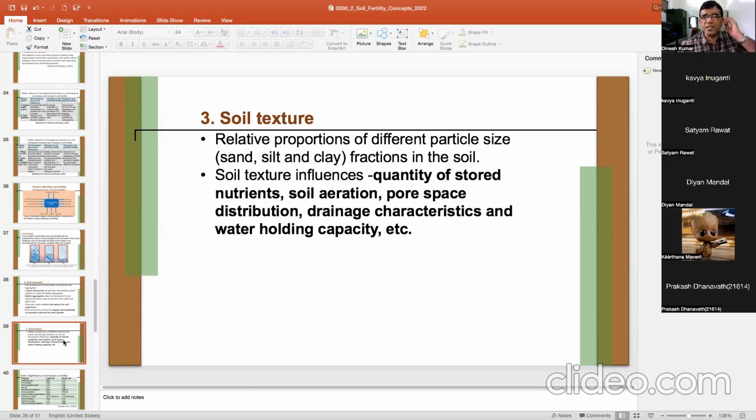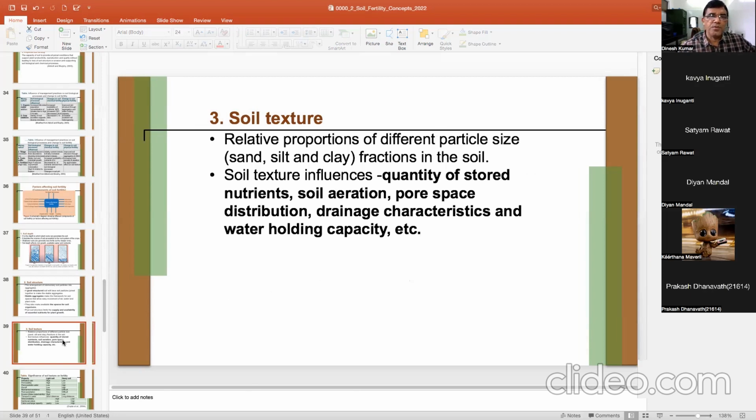Now see, soil texture is also important. It is the relative proportion of different particle size fractions, sand, silt, and clay, in the soil. And it influences a number of things like the quantity of stored nutrients,